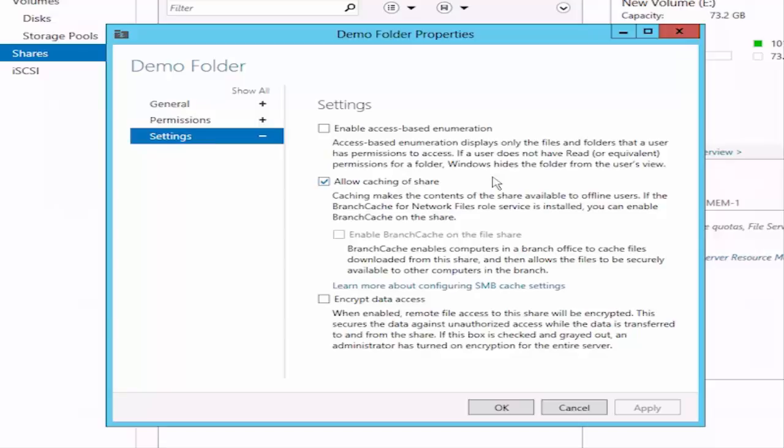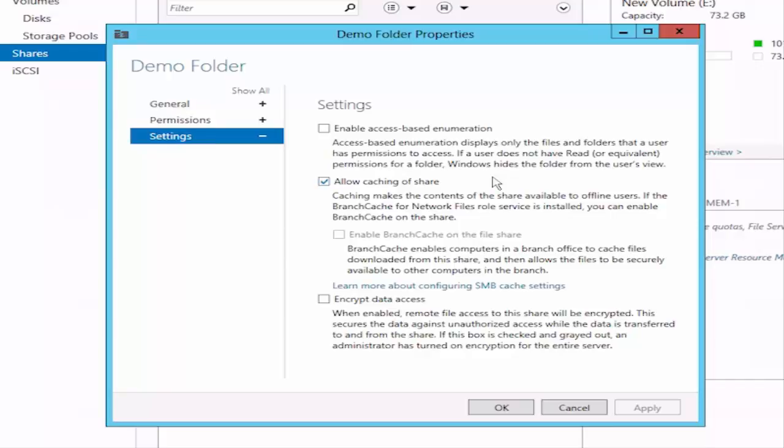Well, they can take that locally cached copy, open it up while they're on the plane and not connected to the server. They can make any changes they want to those files, and when they get back to the office and connect back to the network, automatically those changes will get updated to the server. The only thing that I'm going to caution you on with this is that this was not designed for multi-user